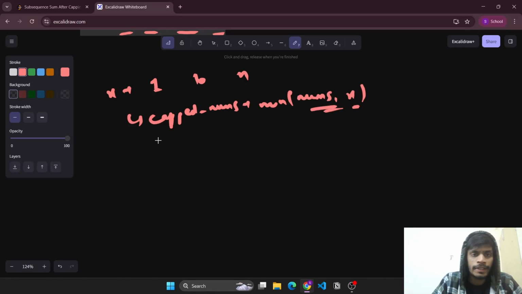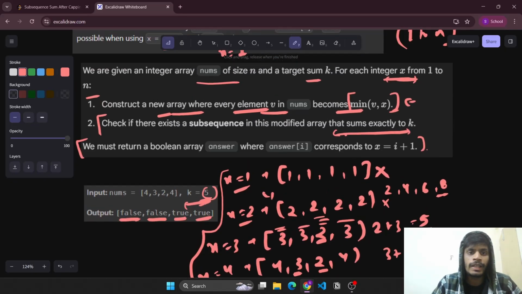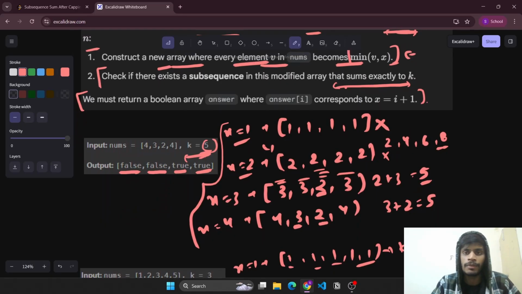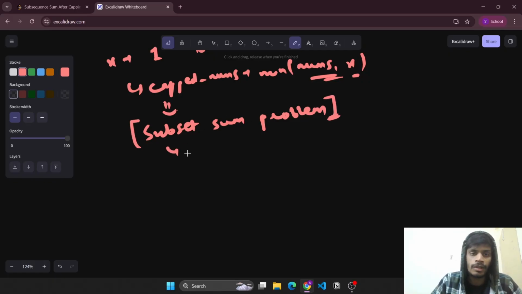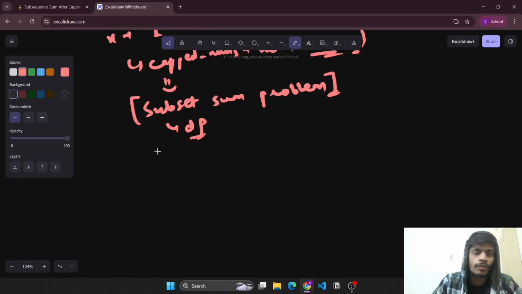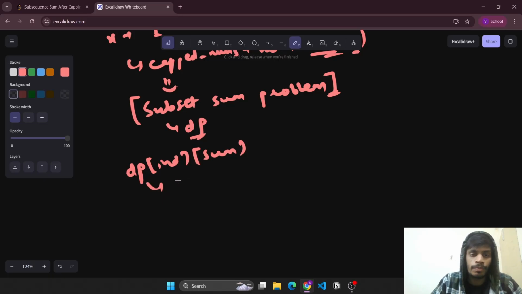Now once you have created this nums, we need to see whether there exists a subsequence in this modified capped nums such that its sum is exactly k. So that means it is similar to the subset sum problem. This is a very popular problem, which is solved using DP. So we'll simply create a 2D DP or a 1D DP. Suppose we create this DP of index from a sum. It will denote, if we pick the array from 0 till index, whether